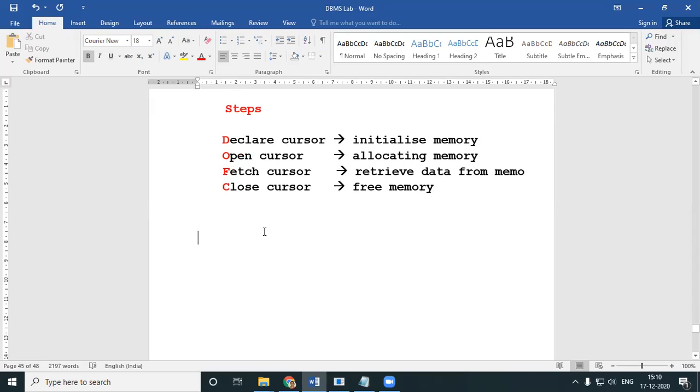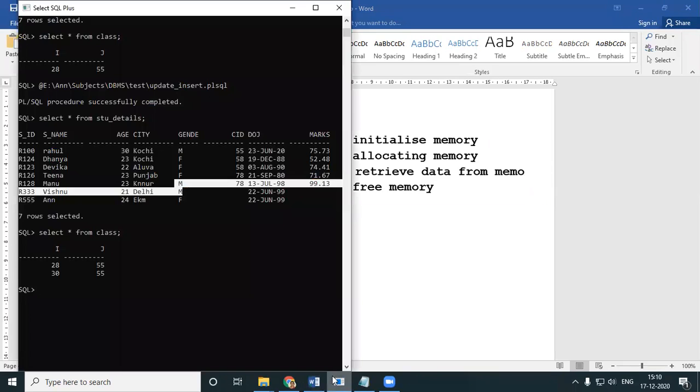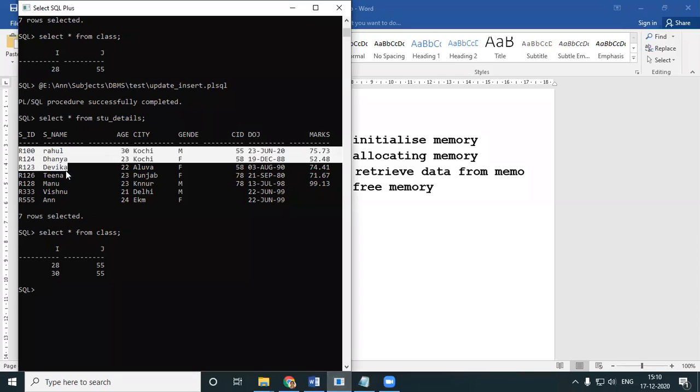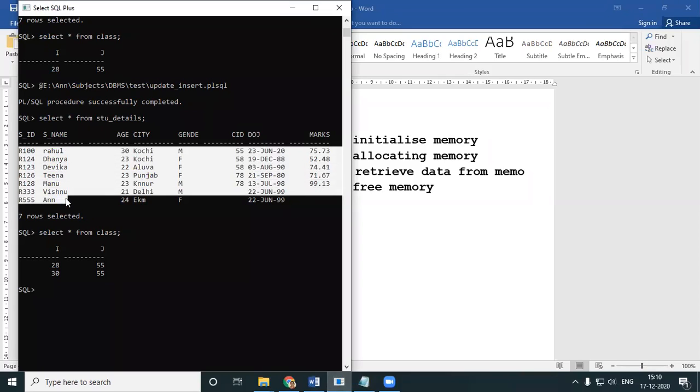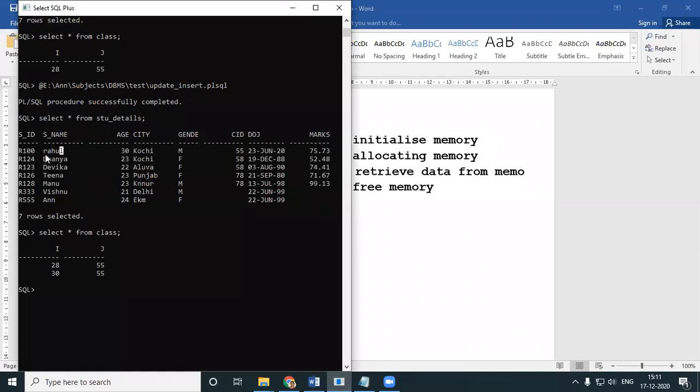Okay. So let's have a very simple question. We'll have the student table itself. Retrieve the ID and name of all the students. You can write everything, but I'm lazy in writing code, so I'll just go for 2 things.